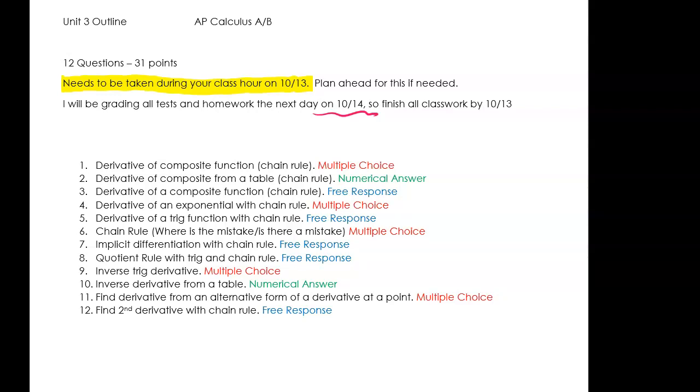derivative of a composite function, chain rule, multiple choice. So if you are taking notes of any style, if the term composite function is used, that usually means it's something like this. Now this is kind of like the real definition of chain rule, and often it can look more confusing, but it's exactly what chain rule is.